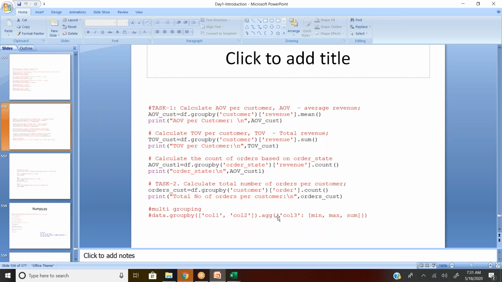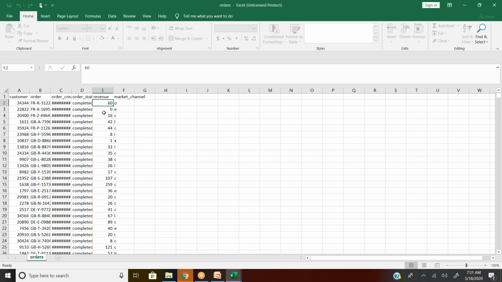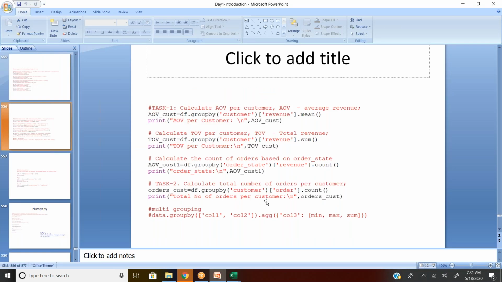Then dot agg in normal brackets. I'm going to give column 3 with min, max, sum. So I need to apply three different functions on revenue: the minimum of the sales order, the maximum of the sales order, and the sum, comma, mean also.